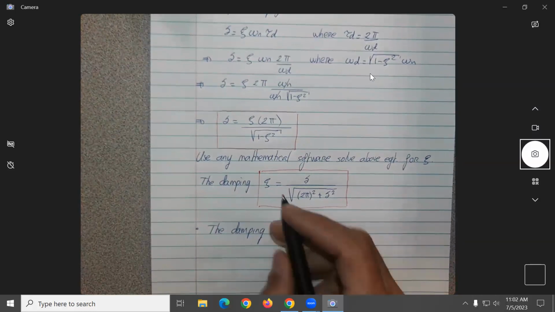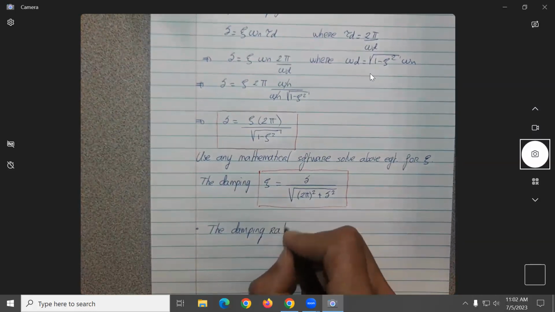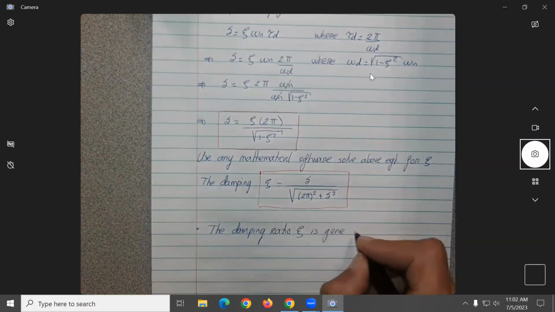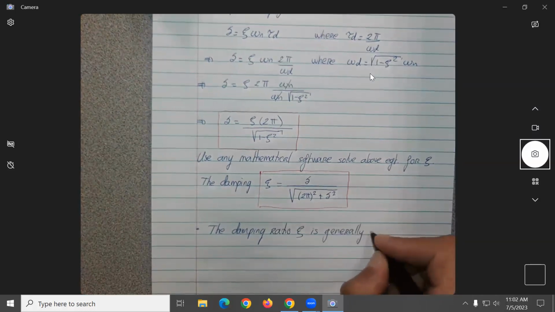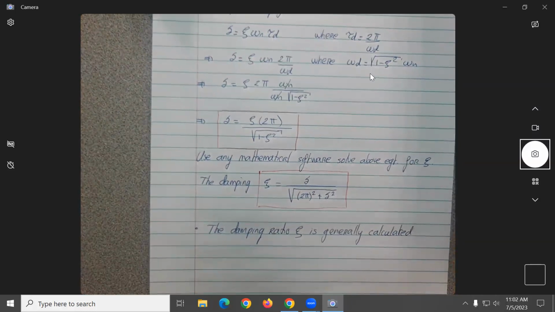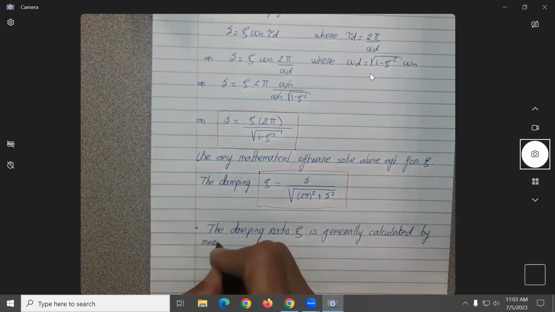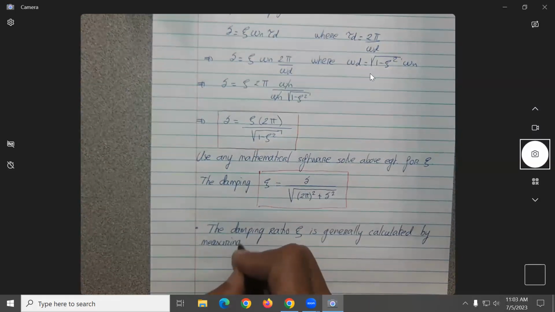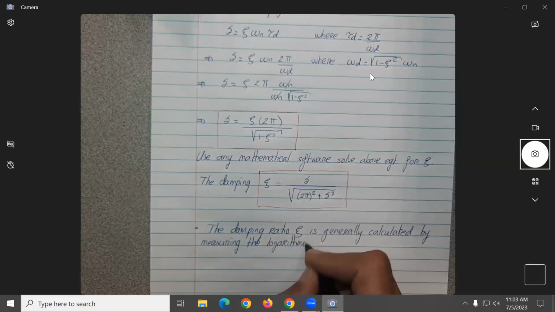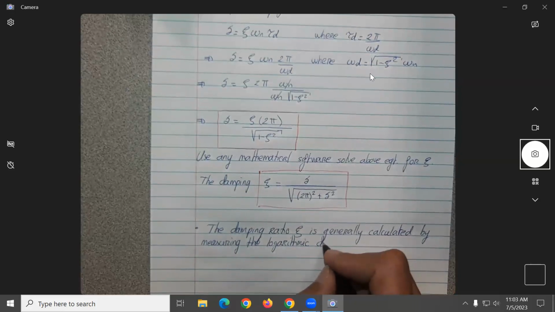So the damping ratio xi is generally calculated by measuring the logarithmic decrement